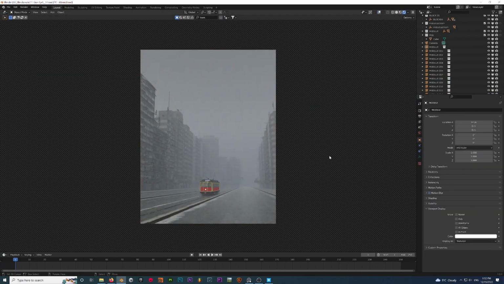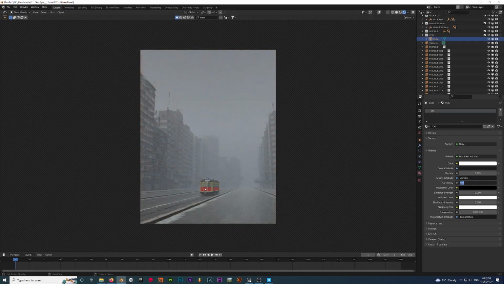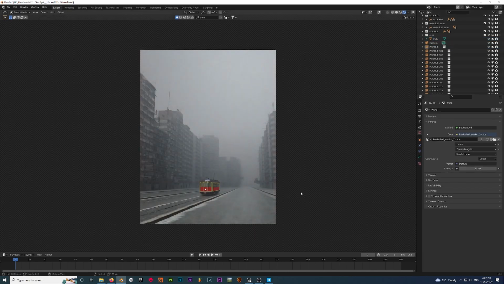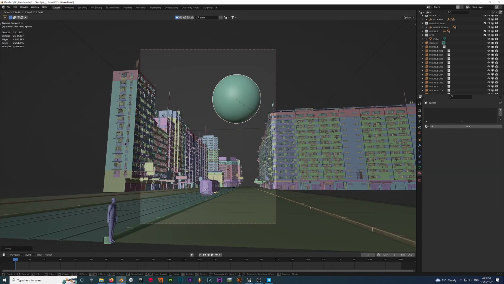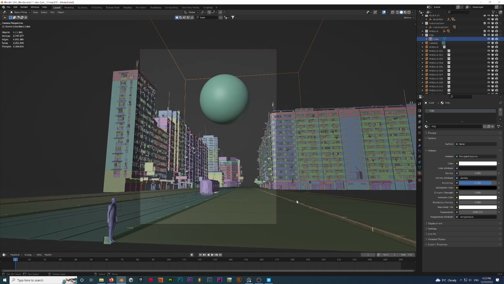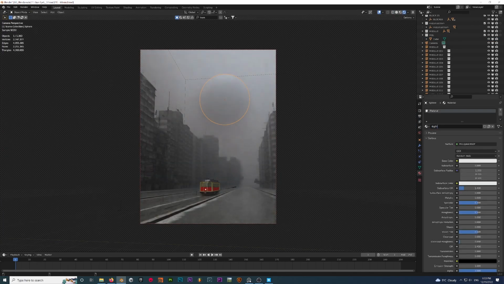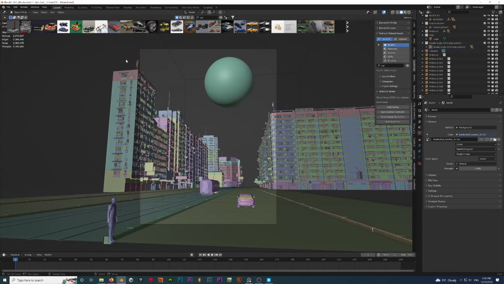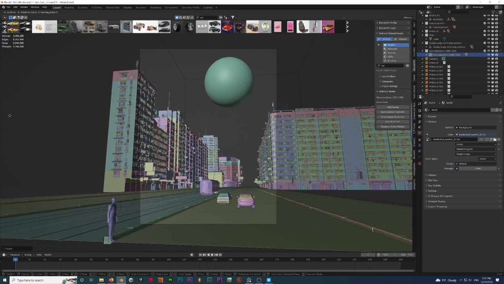I kept the same HDRI image for the lighting, so I can add the volumetric straight into the scene. This is already looking much better. Now it's time for the beloved giant in the sky, so a simple sphere will be the answer once again. Alright, so after placing the giant and mysterious ball in the sky, I decided on making this street look more